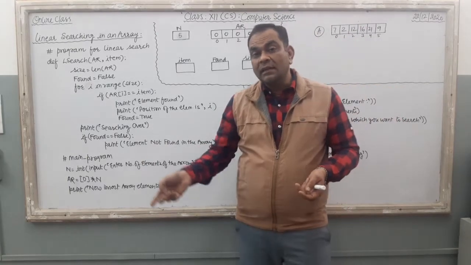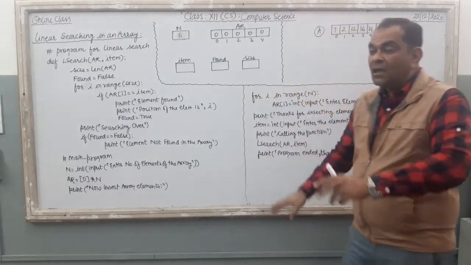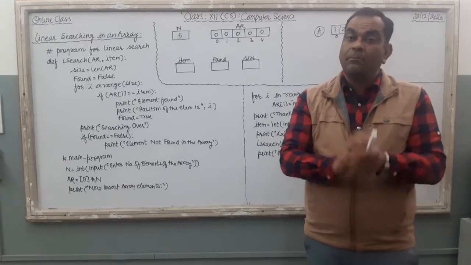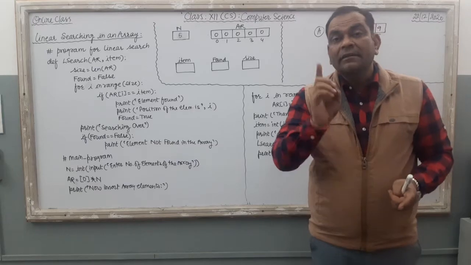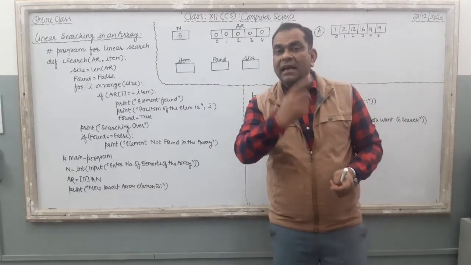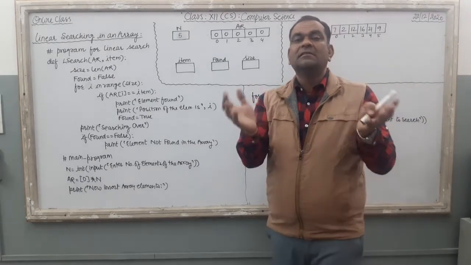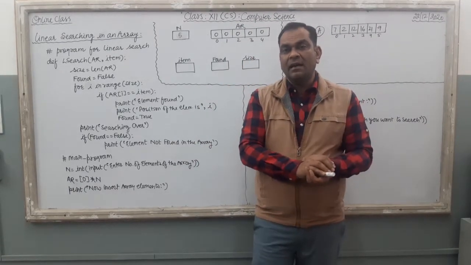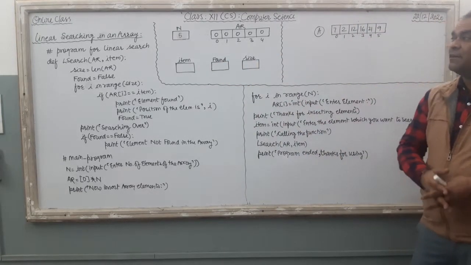On the other side, if your array is sorted, meaning the array elements are in ascending order or in descending order, then you can use the binary search technique. It is the second technique for searching something. What is there in binary search? The binary search technique works on middle point searching. Binary search will be in the next video lecture. This video lecture is related to linear search.